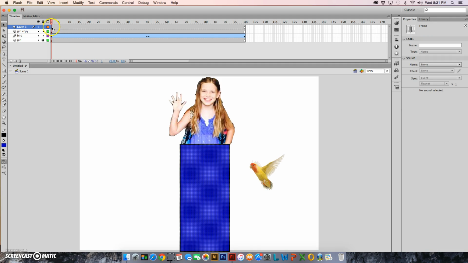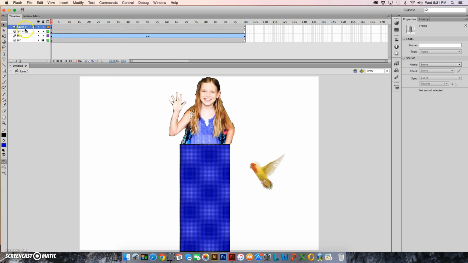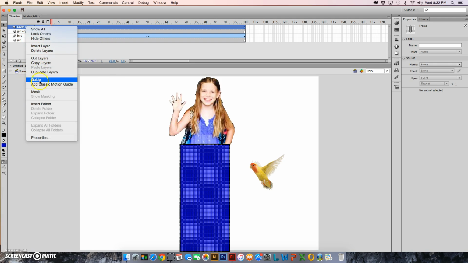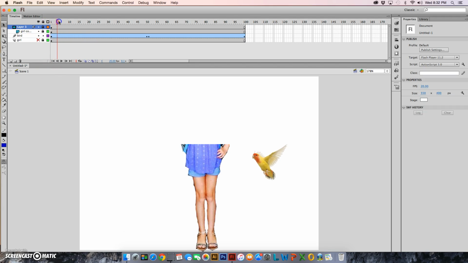Now what I need to do is control click on that top layer where I drew the rectangle and, whoops, right up here. And I need to choose mask. Okay, so what that does is if I hide this bottom girl layer, see what it does? All that's visible on this top layer is her legs, the bottom part, okay? And the reason that's good is because as we hit that scrubber, the bird has to fly. We want it to fly behind her,